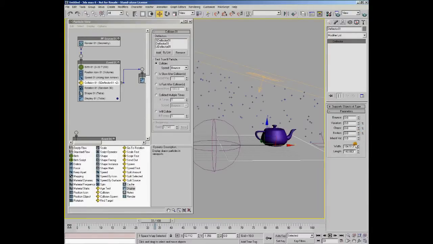Previously. Chaos we don't need. Friction, I'll leave it at 0 for now, and I'll just play that. Okay, you can see they come down and they strike the surface and they slide along it, which is pretty much what you'd expect. If I use a friction value of 10,